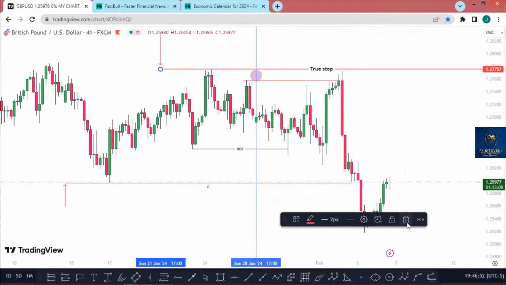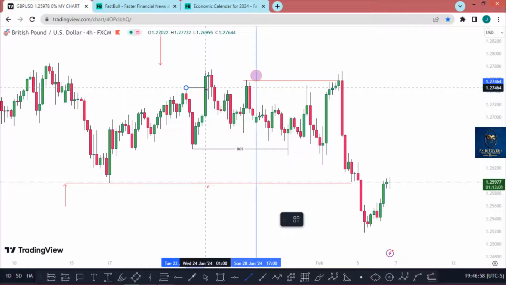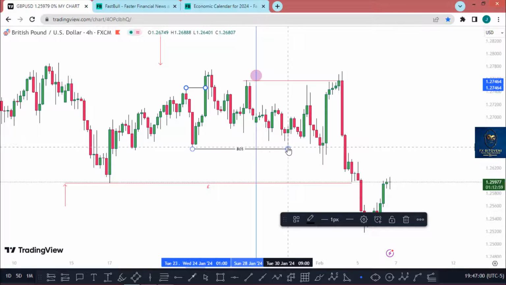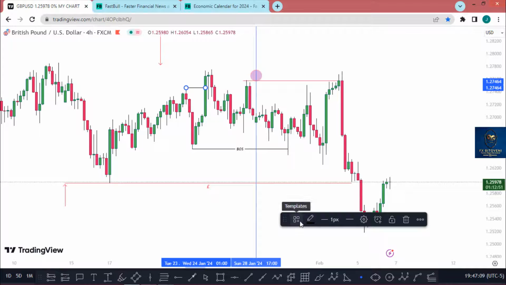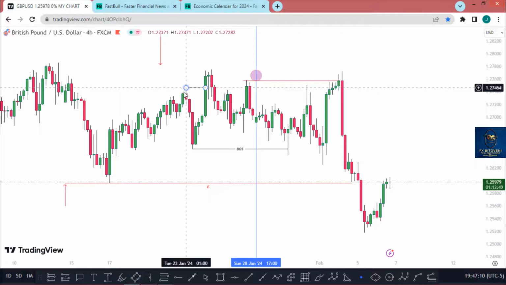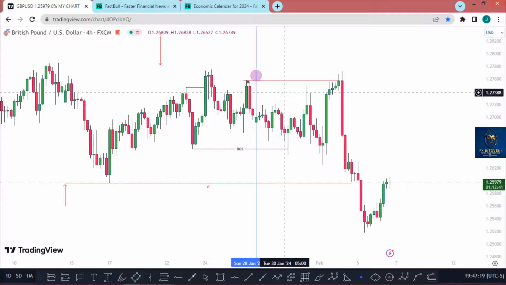You have a structure that grabbed the liquidity on the left side and then went down to break a structure on the other side, or taking liquidity on both sides, if you can say. This high is taken here. The market goes down to run on this liquidity to the downside. Now you have a true range from